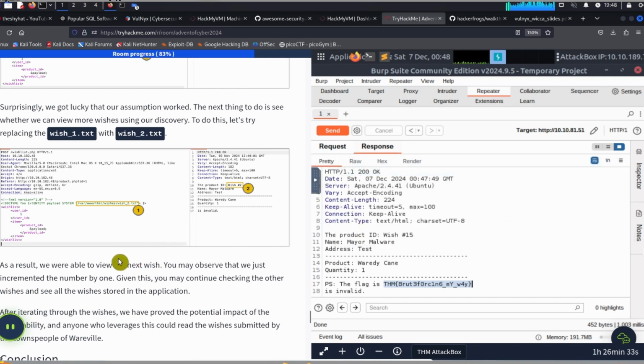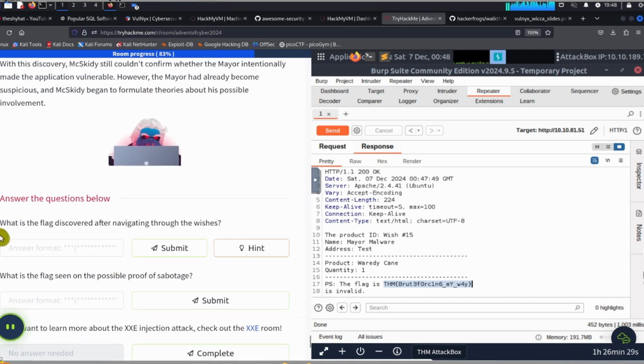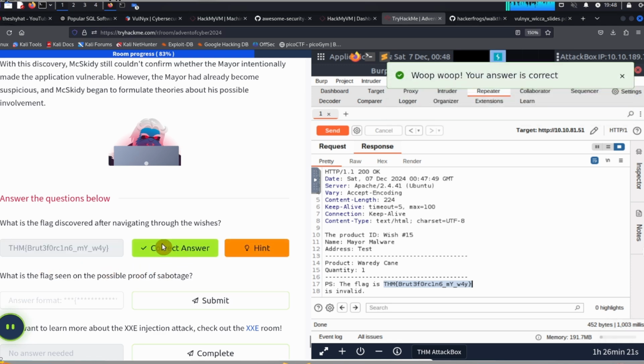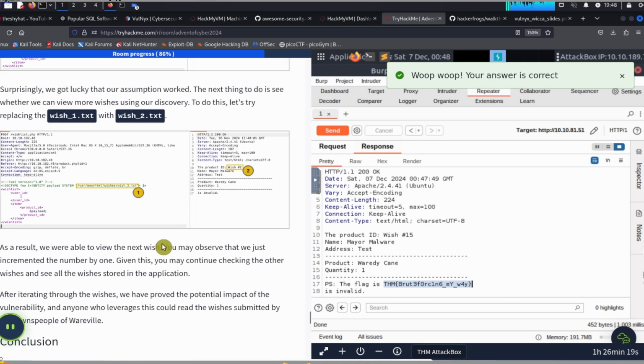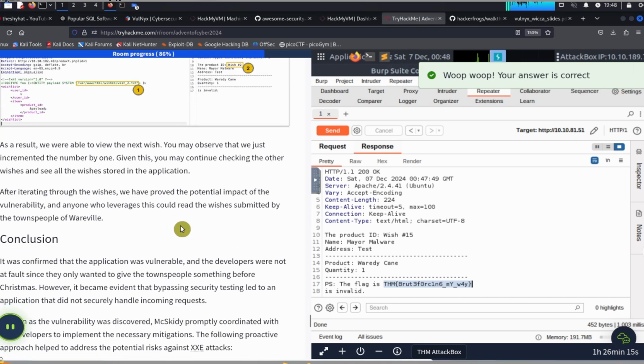then go down to here. What is the flag discovered after navigating the wishes? We're going to submit this flag here and then click on submit. Okay, that's done. Then we're going to go back up and we're going to finish off today's